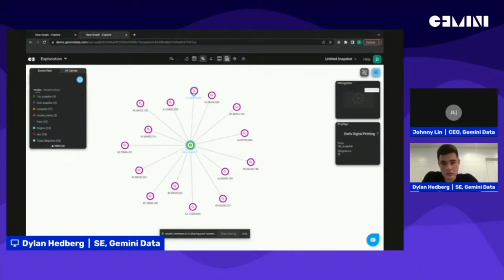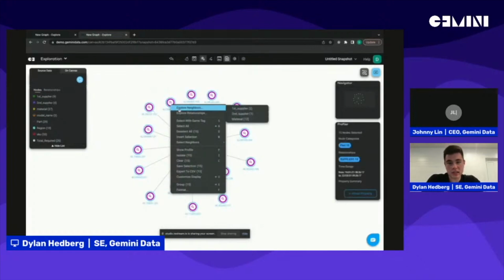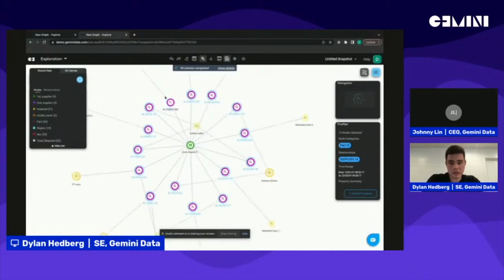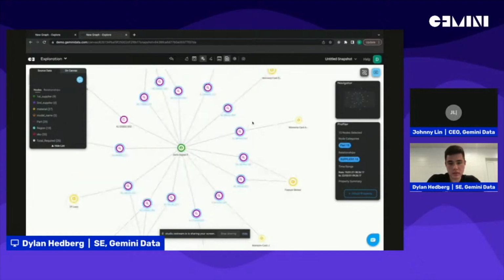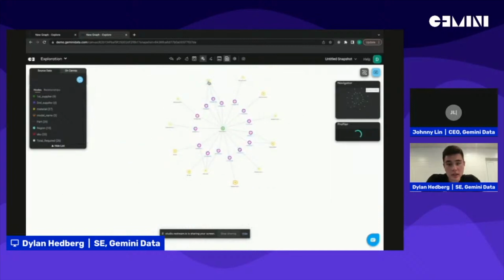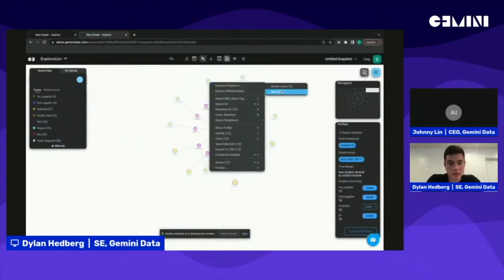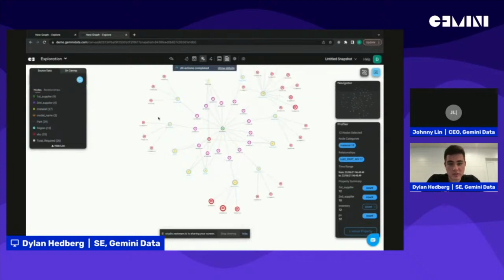And to make this more realistic and useful, what they may want to find out from that natural language search is perhaps this business went out of business, they've gone under, or there's a canal blockage that prevents them from shipping their materials. Perhaps they want to start off their search with what's being affected. And they can see certain part numbers and then expand perhaps to what materials these are labeled as. And with that too, they can expand, maybe find out which SKUs are being affected by them.